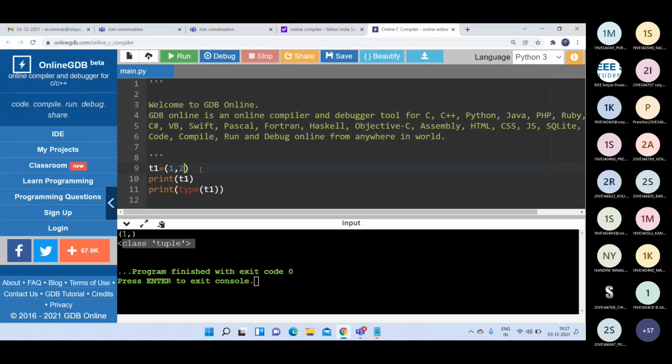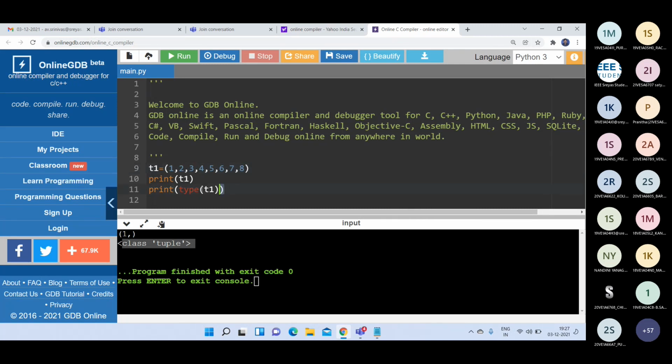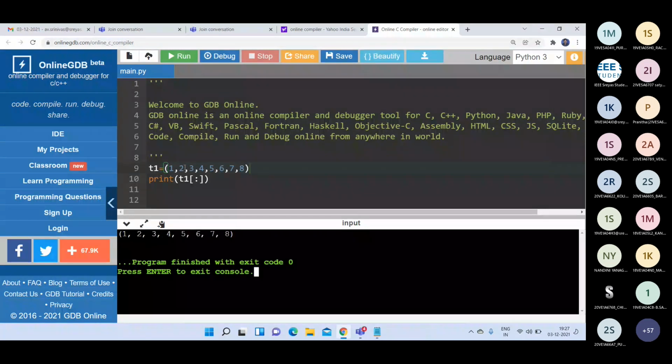I can write 1 2 3 4 5 6 7 8. Okay, so if I write T1 with just a colon, that means I am not specifying the starting index or ending index. What I will get? I will get the entire tuple here, 1 2 3 4 5 6 7 8.